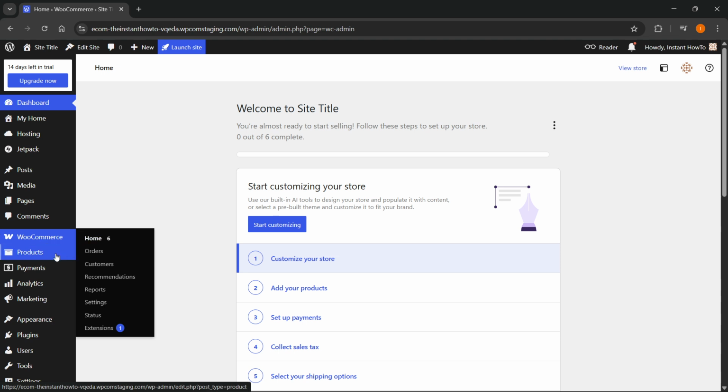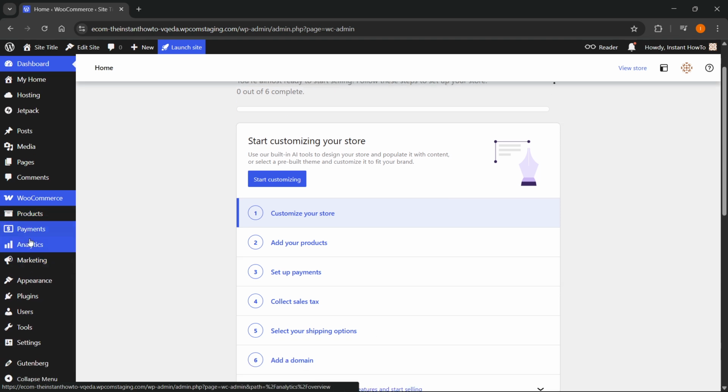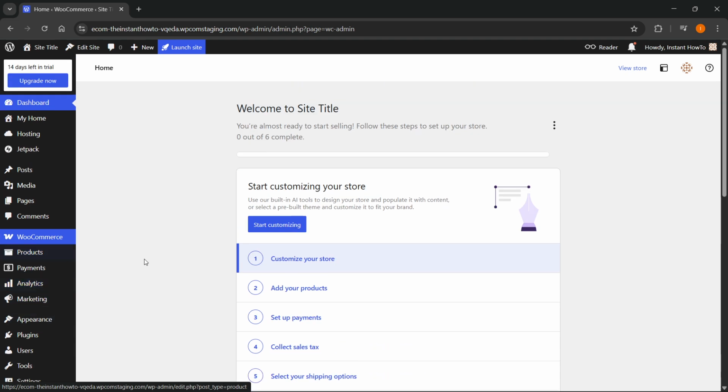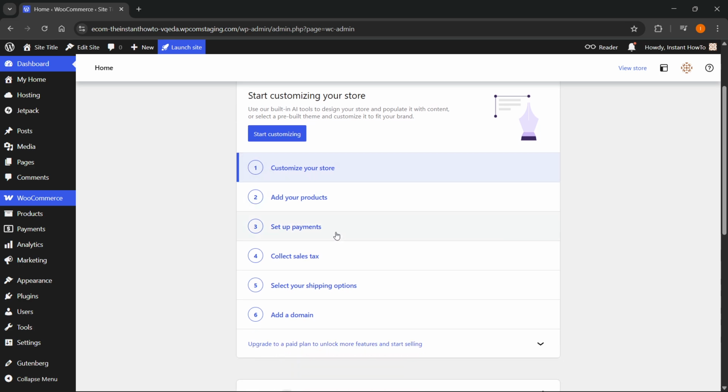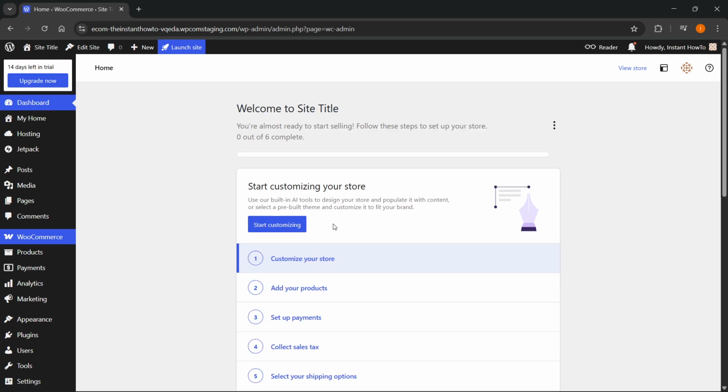You can go inside orders, customers, products, payments, analytics, marketing, so you can change pretty much everything. They'll help you start customizing your store. You can even go step by step over here, and yeah, that's pretty much how you use WooCommerce plugin in WordPress and how to get